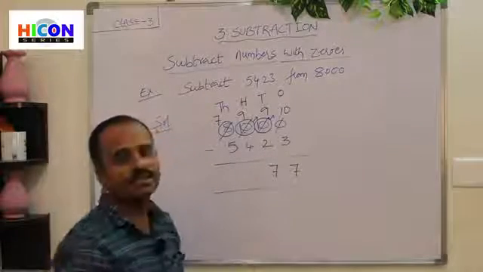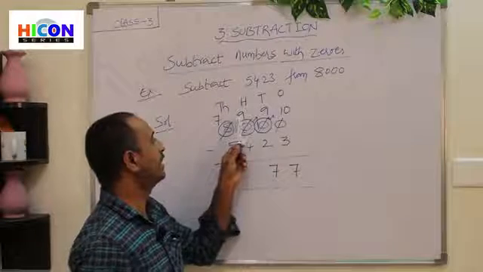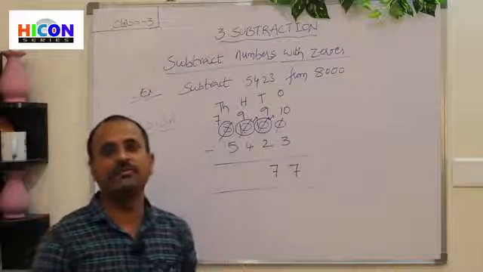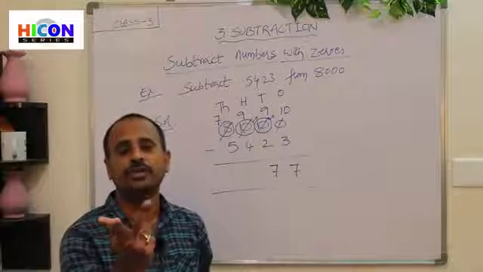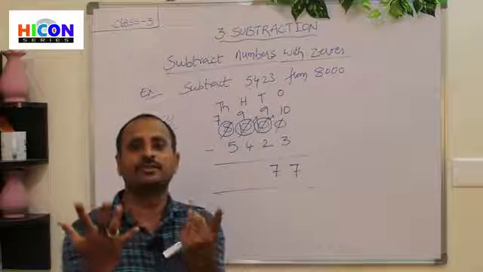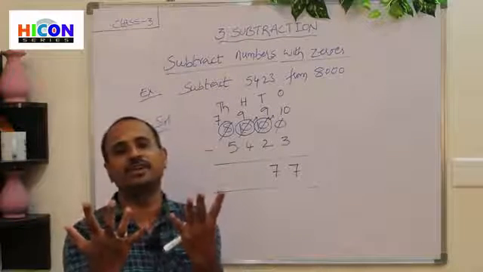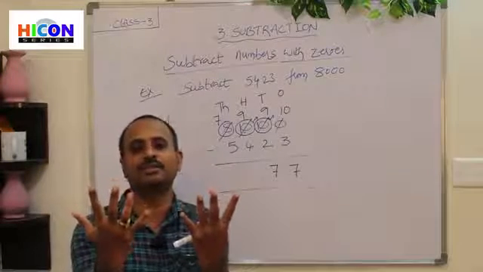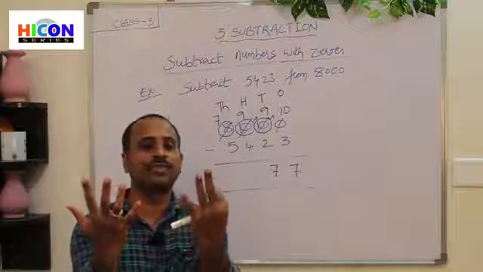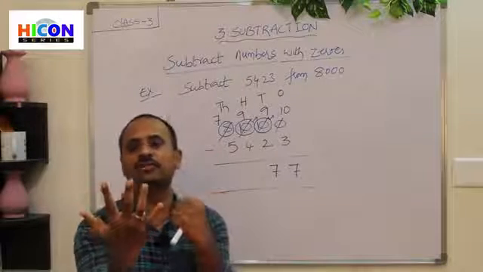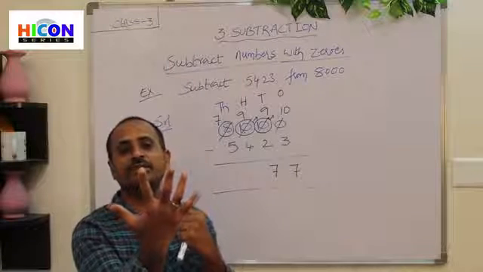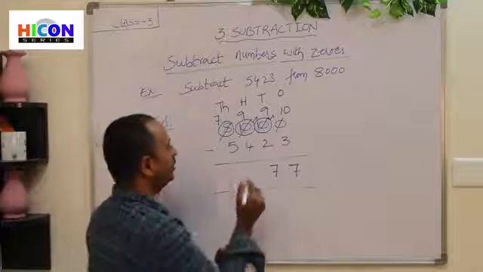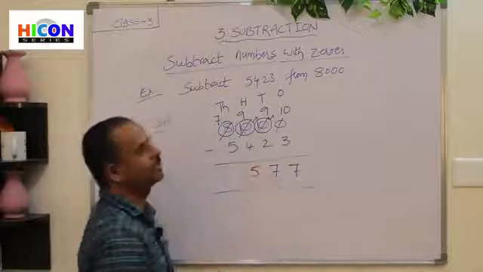So now go to hundreds place. What are the digits present in hundreds place? 9 and 4 are present in hundreds place. What is the first number? 9. So again open 9 fingers of your hand. 1, 2, 3, 4, 5, 6, 7, 8, 9. These are the 9 fingers. And what is the second number? 4. So close 4 fingers among these 9 fingers. So children, see, I am closing 4 fingers. 1, 2, 3, 4. So children, how many fingers are there remaining? So count 1, 2, 3, 4, 5. So there are 5. So write 5 under hundreds place.